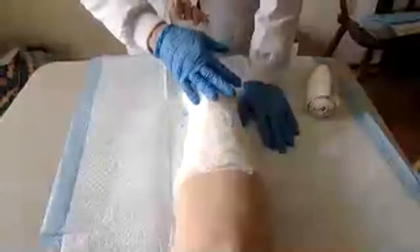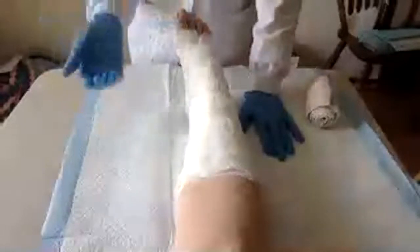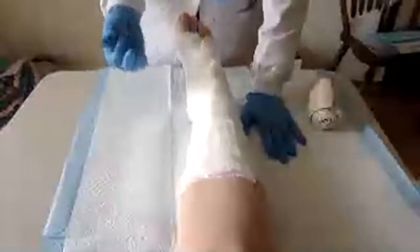So the reason for why we flip it over and go back and forth, this skin, when patients have cellulitis and edema, this skin is very fragile. You're going to see blisters. You're going to see oozing. Sometimes there's so much edema in the legs that literally the fluid will start coming out the pores of the skin. You'll look at the skin and assess them and not really see any holes. It will literally come out the pores because those are already holes in our skin, so to speak. So it will literally ooze out of there. So you have to pay attention and be very careful. You don't want to just